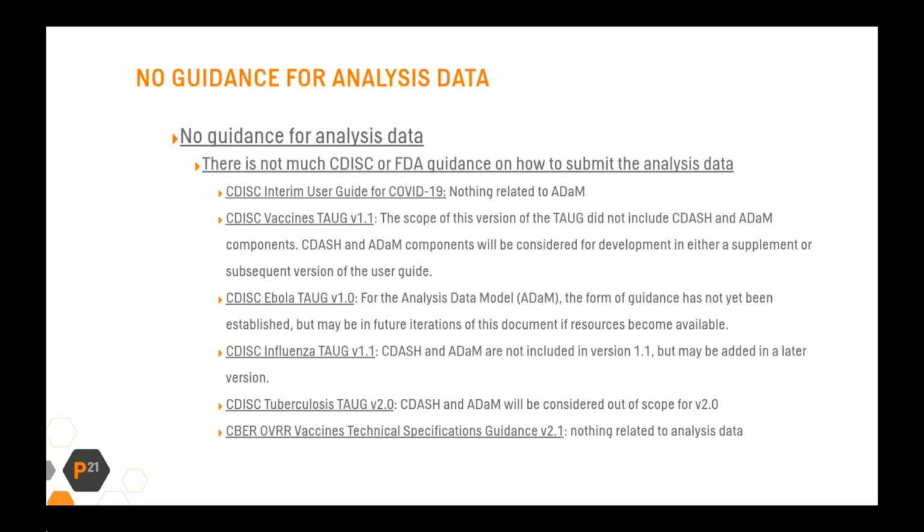It's either that there's nothing related to ADaM in these therapeutic area user guides or FDA technical specification guides, or that the TAUGs say that future iterations or subsequent versions may include updates for how to map this ADaM data. And so hopefully this does happen, and we do get updated guidance, which goes into how this data should be mapped in ADaM, because the problem is,